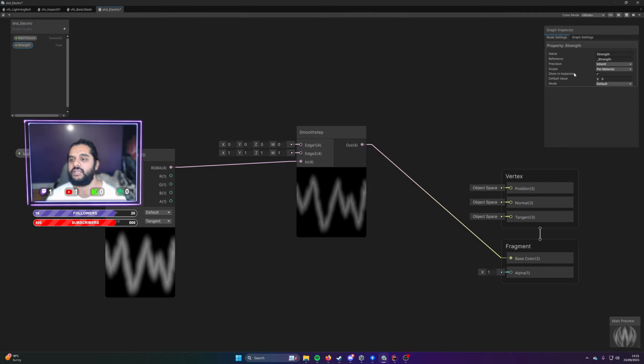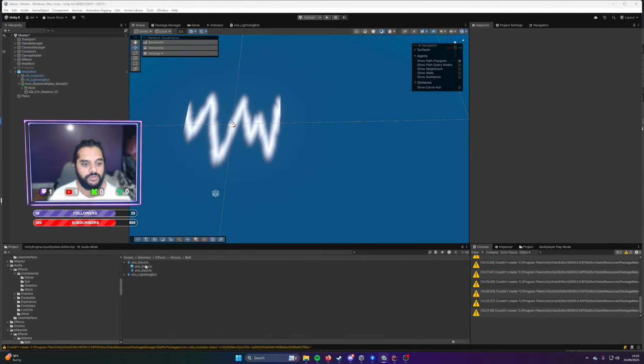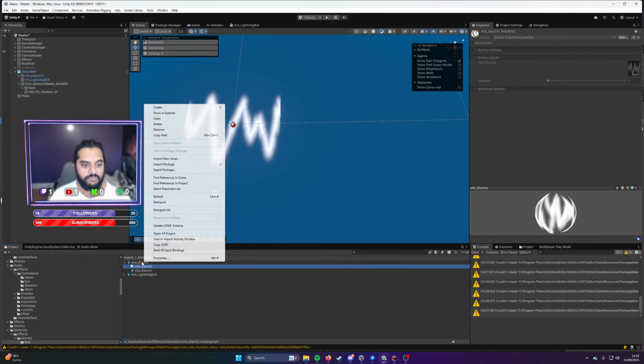And we'll make this a slider between 0 and 0.3, I think is the value I settled on. And then we're going to make this the max value as well. Just leave that in there. 3. And now if we save that, it'll look the same. But as soon as we apply it, which we can do by making a new material here,